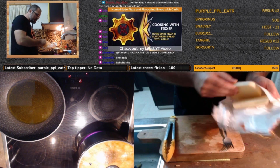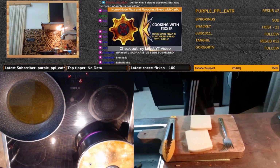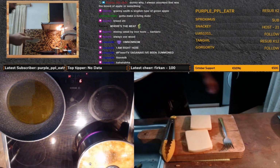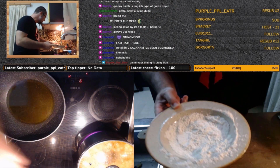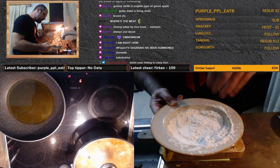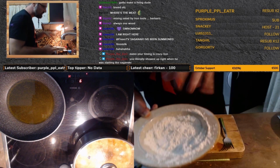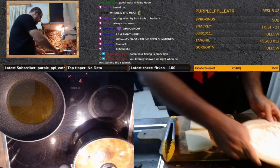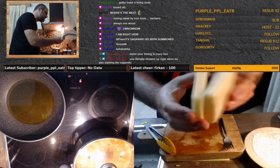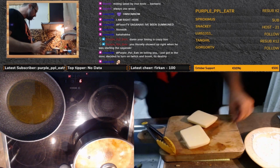Alright, so I haven't done this in a very, very long time, so I got 2 pieces of cheese here. I'll tell you why. We have flour. This is normal, common flour. I did add a little bit of pepper, a little bit of salt, a little bit of paprika, a little bit of thyme. I wanted to flavor the flour a bit myself. Now, I don't know about this thickness, if it's too much or too little. Because I haven't done this in many years,